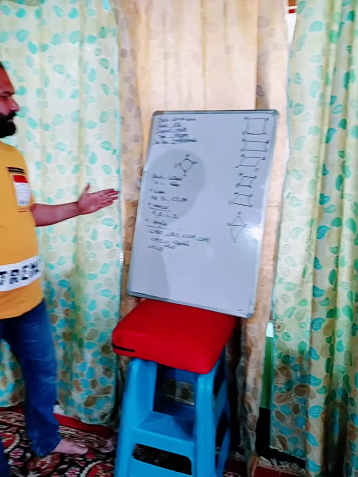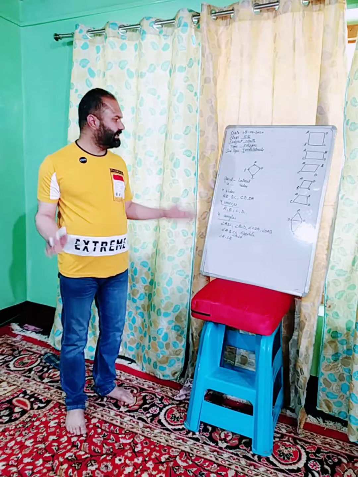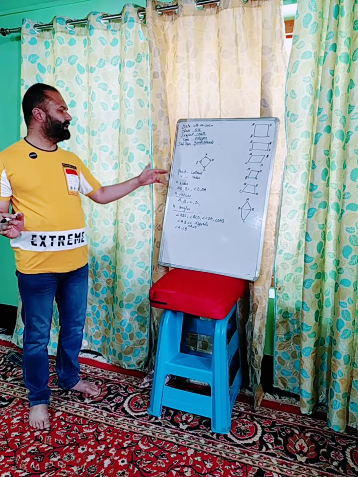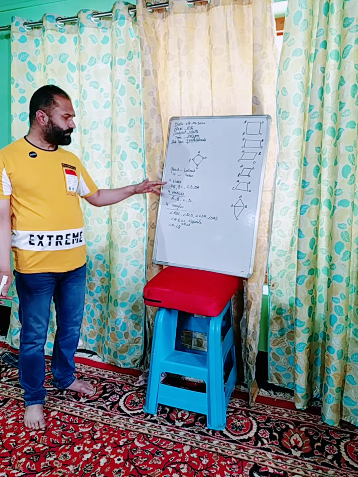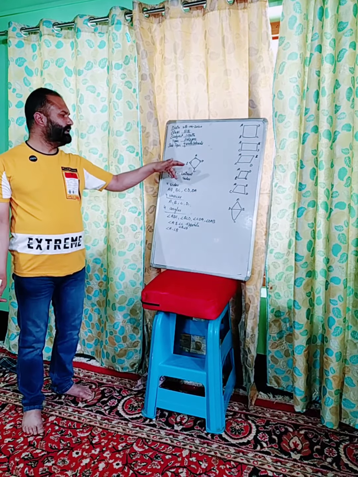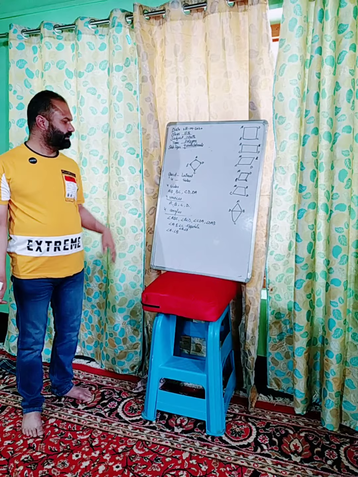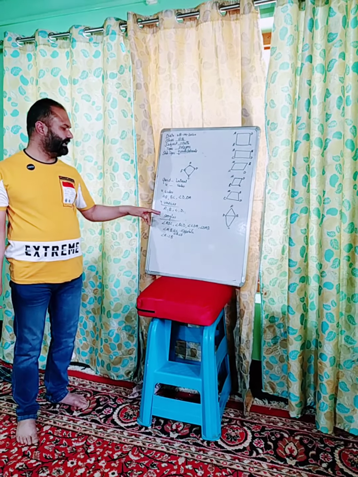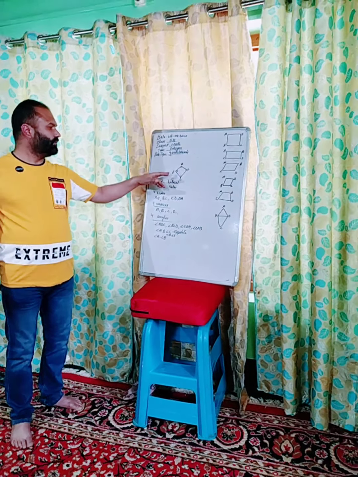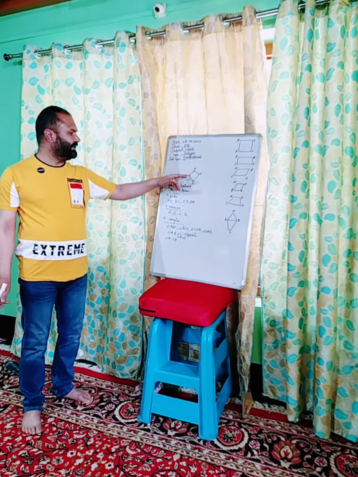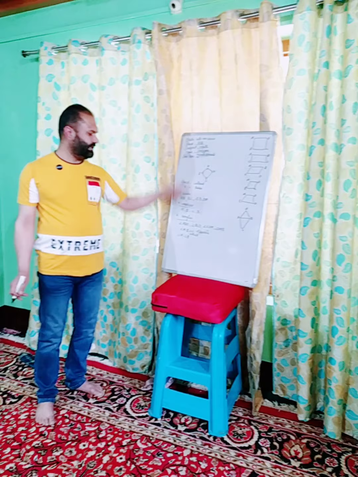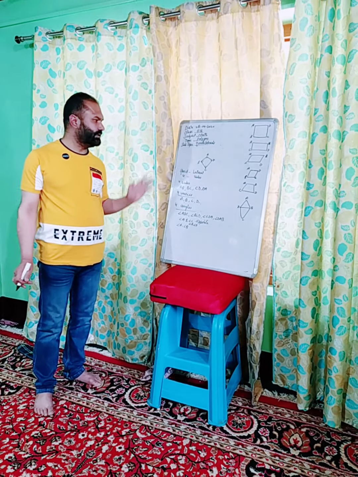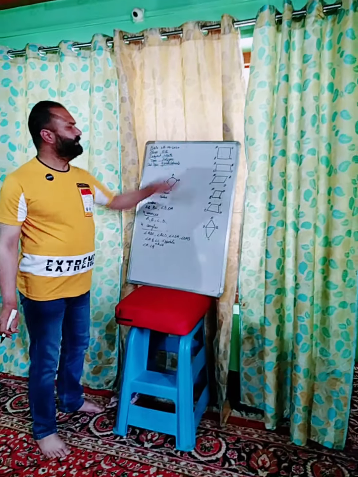So clear the concept of this figure: a closed figure which has four closed sides is called a quadrilateral. Quadri means four, lateral sides. So it is a four-sided figure: AB, BC, CD, DA. Clear? Four vertices: A, B, C, D, and four angles, named angle ABC, angle BCD, angle CDA, angle DAB. These are four. Now look at these figures.